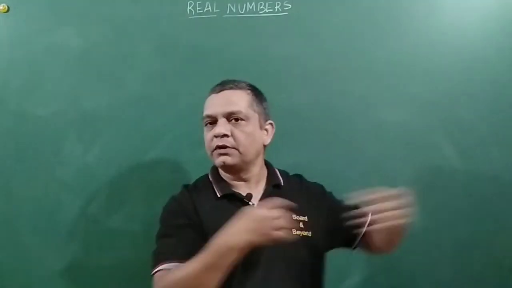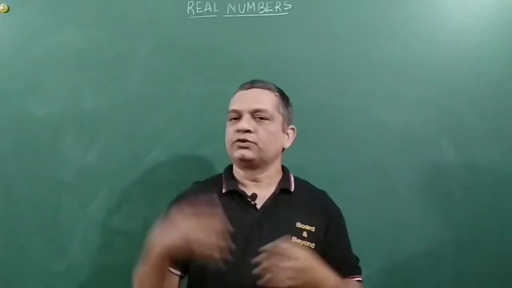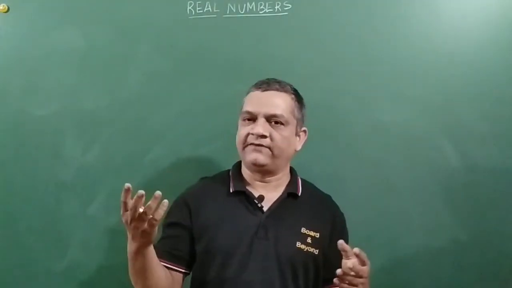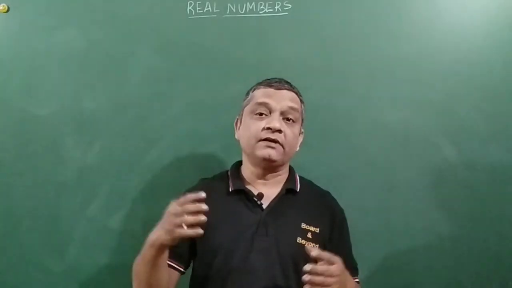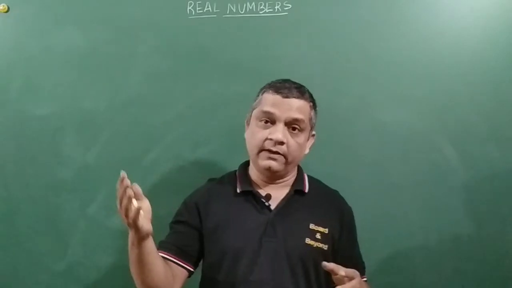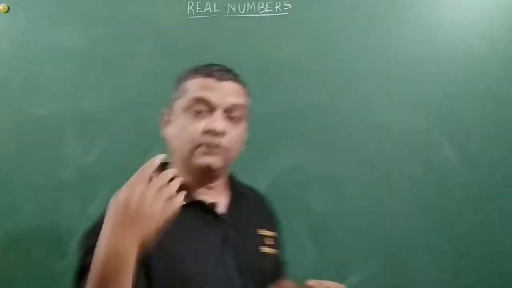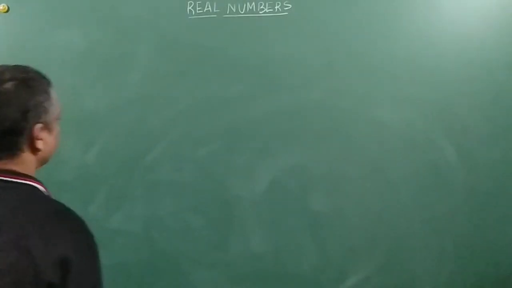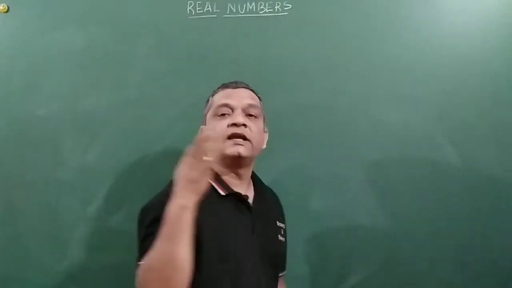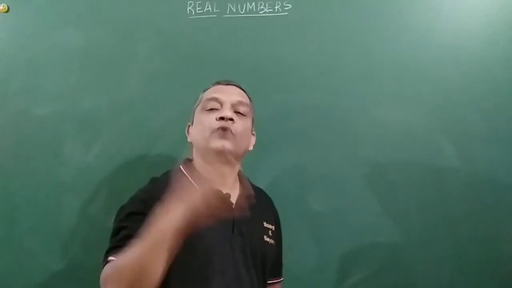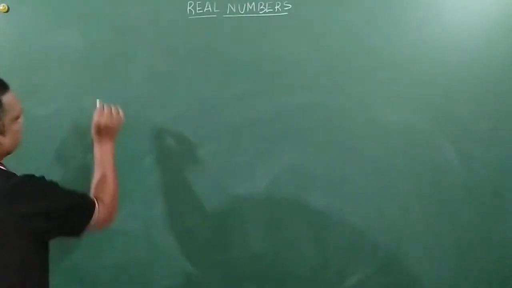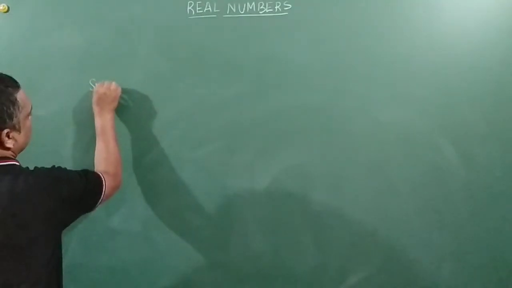I hope I have told you in the last class, right? So prime numbers are the numbers which have got only one common factor, that is 1 and itself, right? So if a number has any factor other than 1 and itself, it is called a composite number. So 1, no, 2, no, 3, no, 4. Yes, 4 has got factors 1, 4 and 2. Correct? So 4 is my smallest composite number.